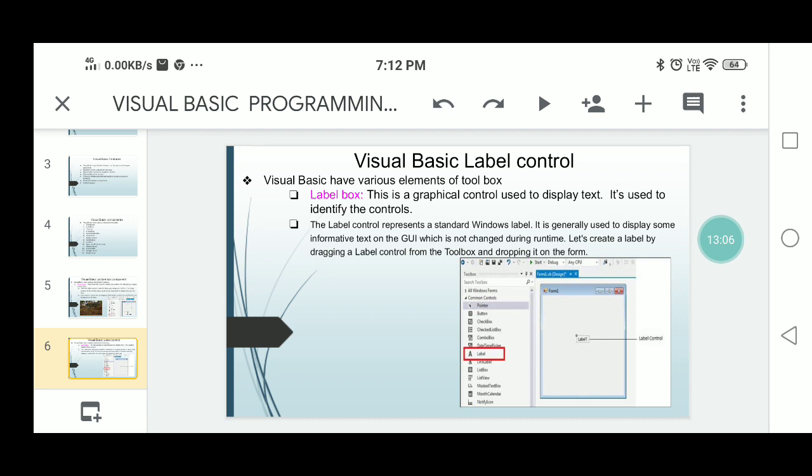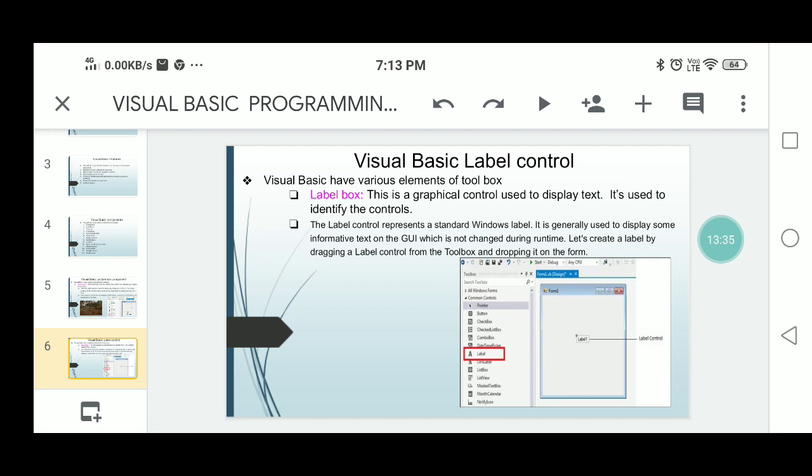what about the label control? Visual Basic provides the label control for development of the application. It is a very easy to understand control. The label box is a graphical control that is used to display text. Whatever text is there will be displayed on the form.